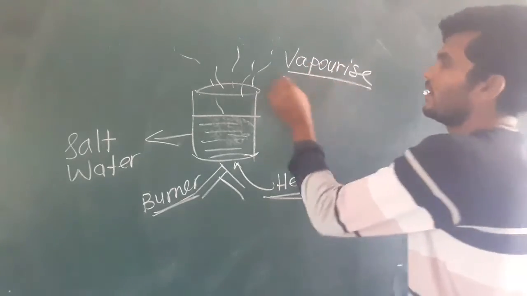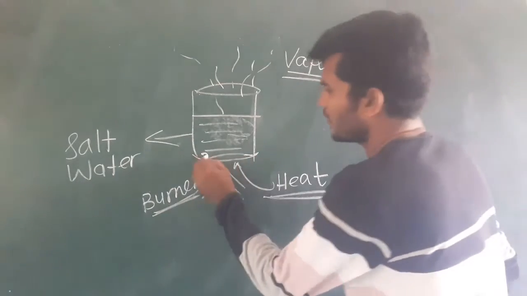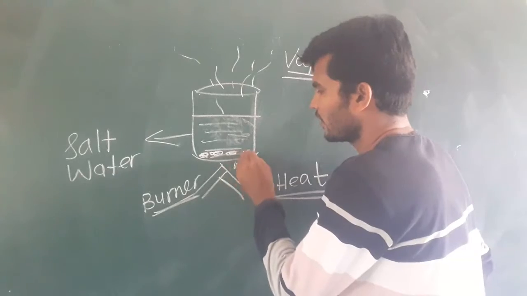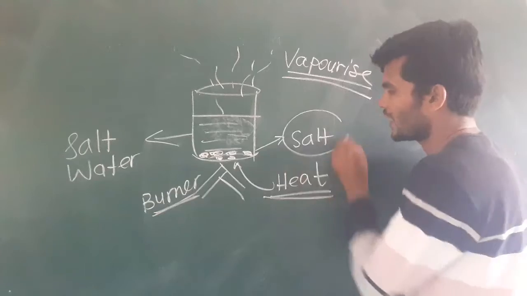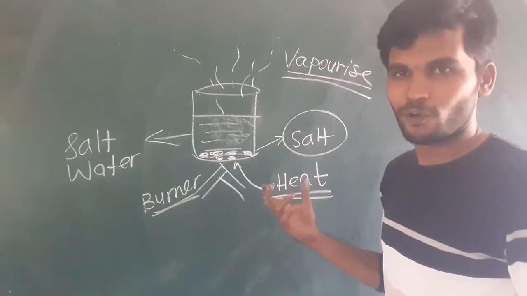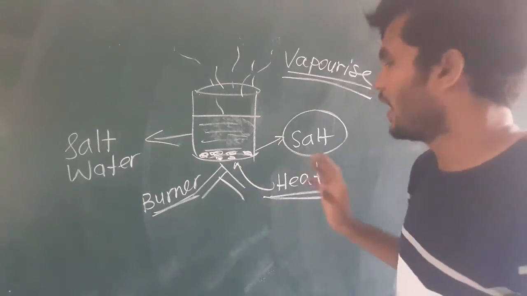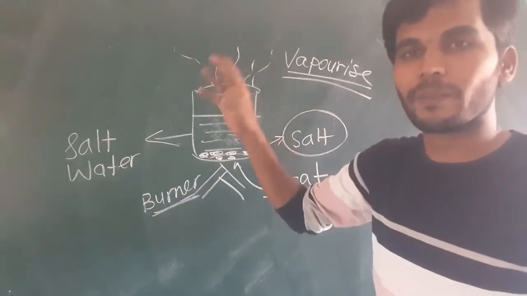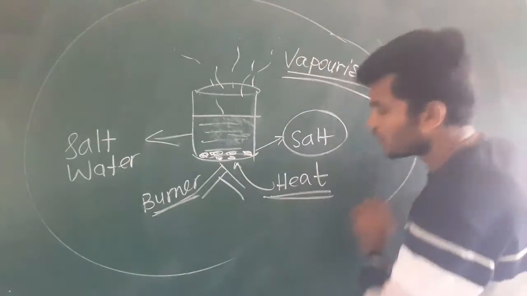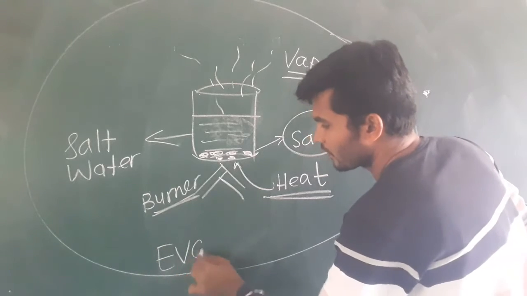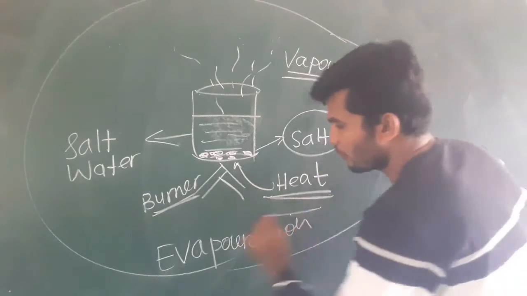Liquid क्या करेगा? Vapor बनके उड़ जाएगा, right? And इधर bottom में the salt will, and the solid part, the salt will be here. So that salt we want, that solid part we want, and that we can get by heating the solution. And when heating, vapor बनके पानी उड़ जाता है. So this whole process is called evaporation, right? This you have studied, right, in 6th class, evaporation.